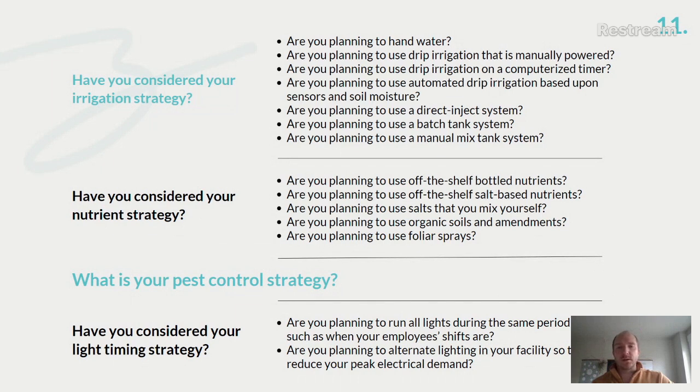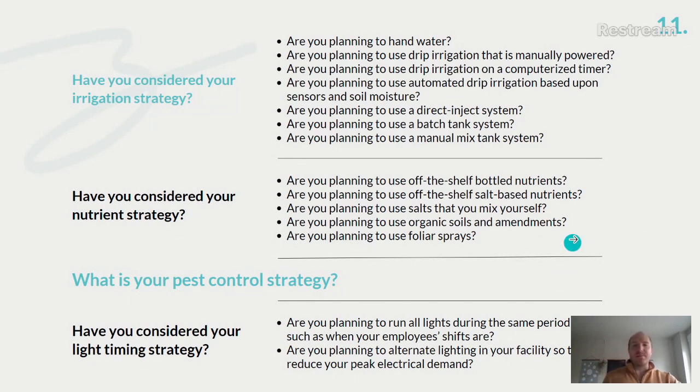This one, just if you're growing indoors, in a greenhouse, or even outdoors, dealing with and mitigating pests is a fact of life. No matter if you are the absolute cleanest facility in the world, there's likely to be a pest outbreak at some point, and having somebody on staff is completely irreplaceable to be able to execute on that.